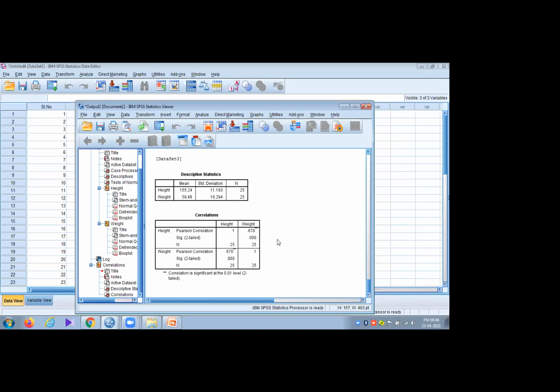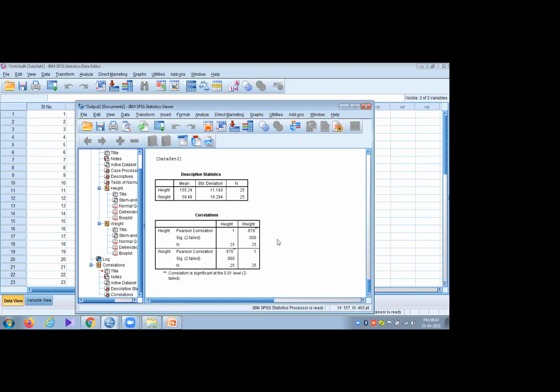And if there is a good relationship between them, we will get it as significant. So what does significant mean? It did not happen by chance. It is not because of any chance. There will be a reason for the relation or the difference. That is called significance.